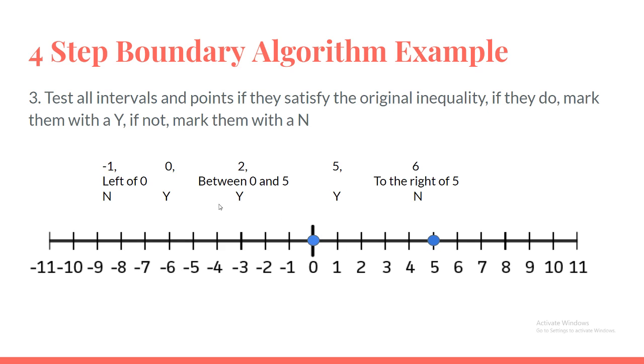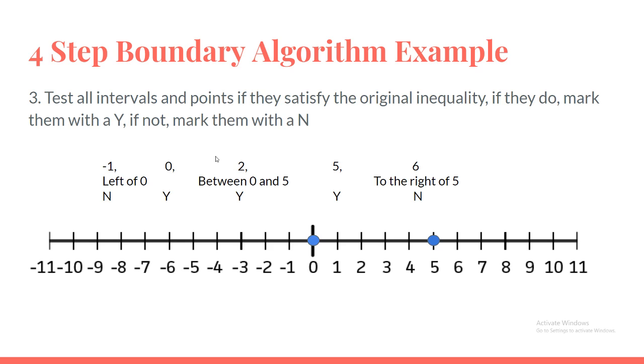So right here, negative 1 is left of 0. So basically we are using one value to test for this entire range. So basically excluding 0 all the way to negative infinity, and that doesn't work for the inequality. What we basically do is we plug this negative 1 into the original inequality, which doesn't satisfy the original inequality. Now we can do the same thing for